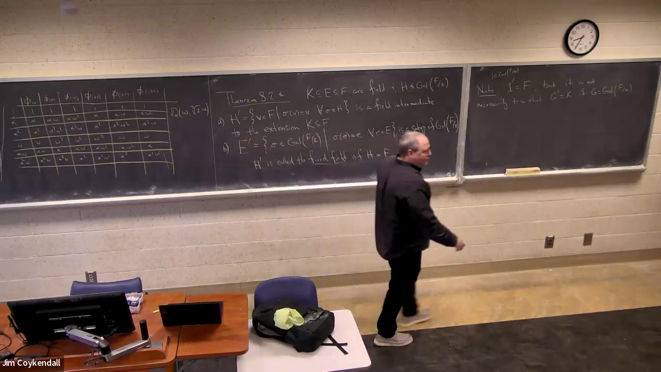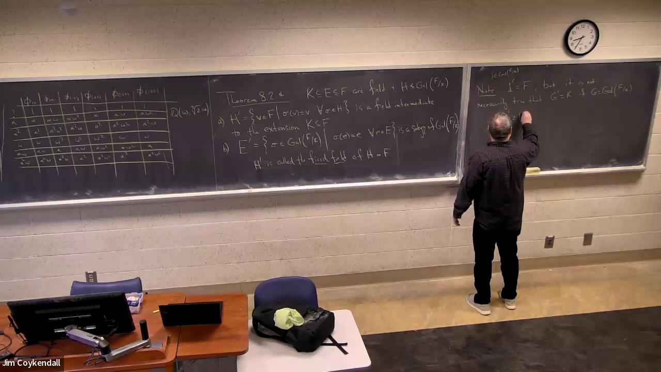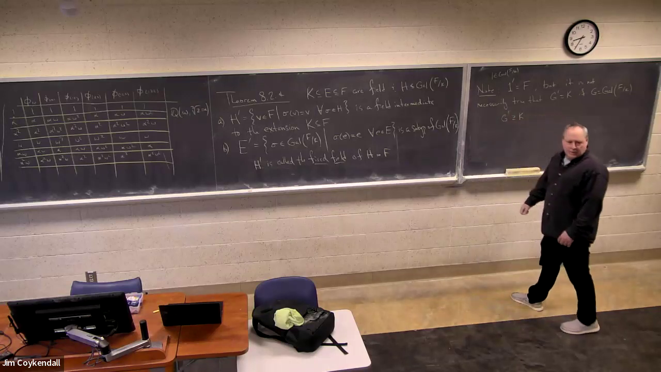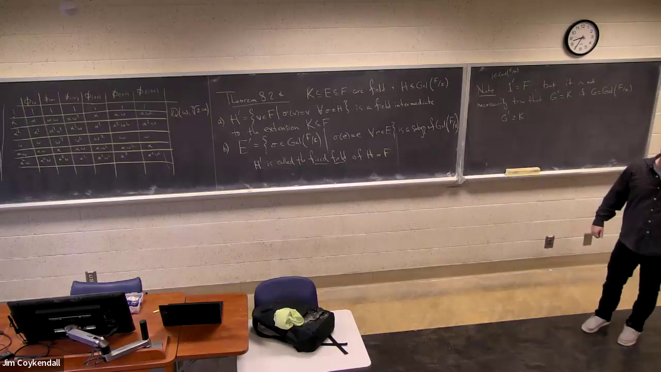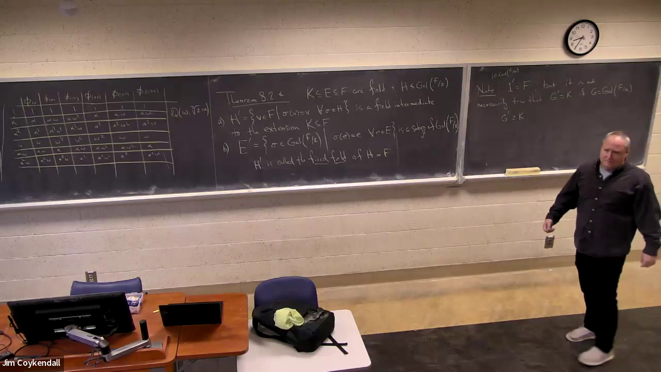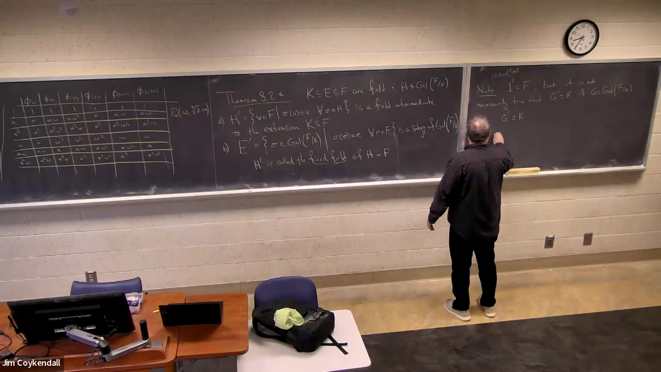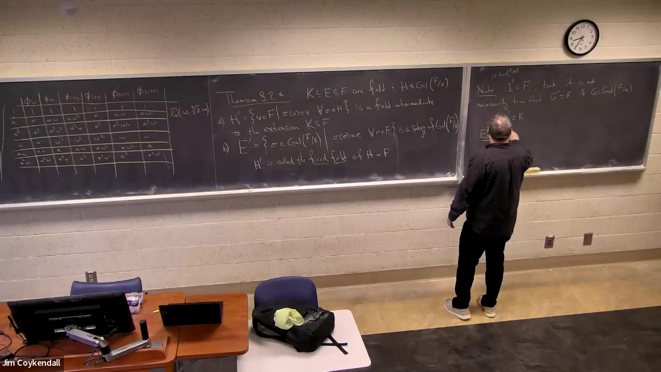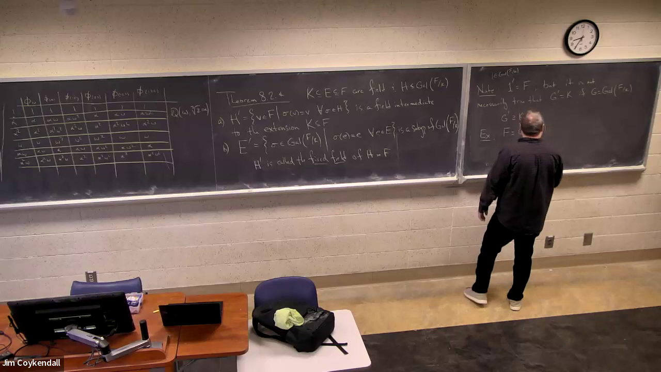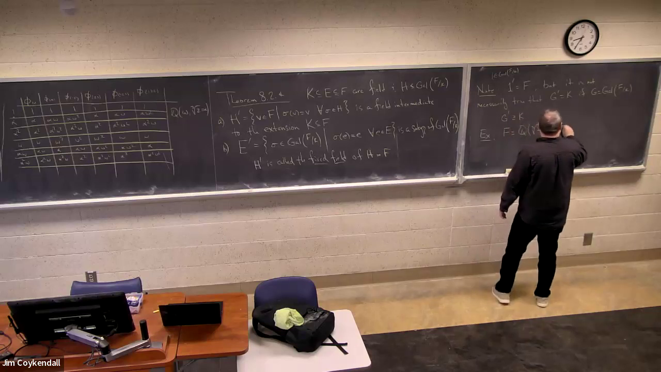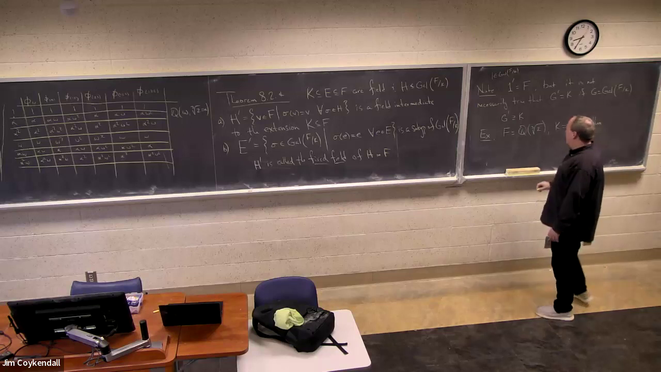So what is true is G prime contains K. And this containment can be strict. Can anybody think of an example? So this is almost. Let's let F equal Q adjoin the cube root of 2, and K equal Q. Then the Galois group